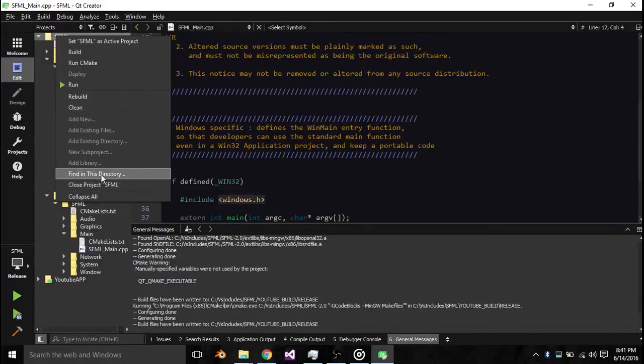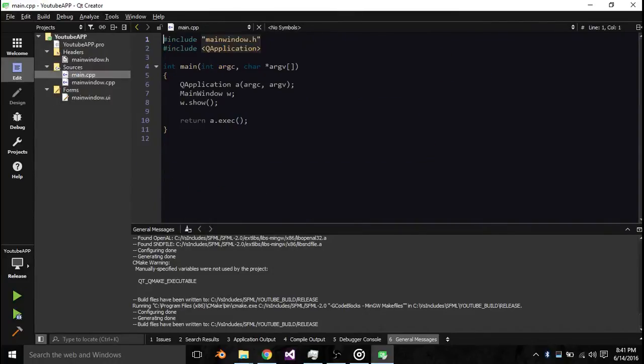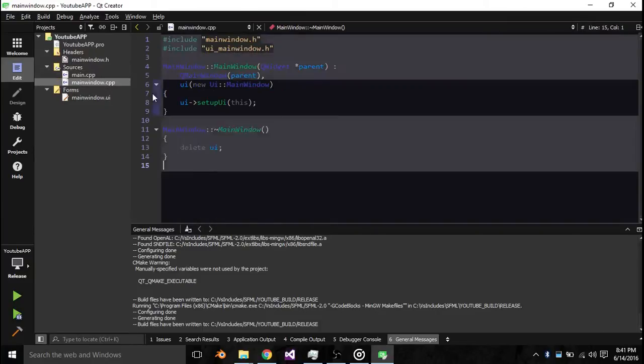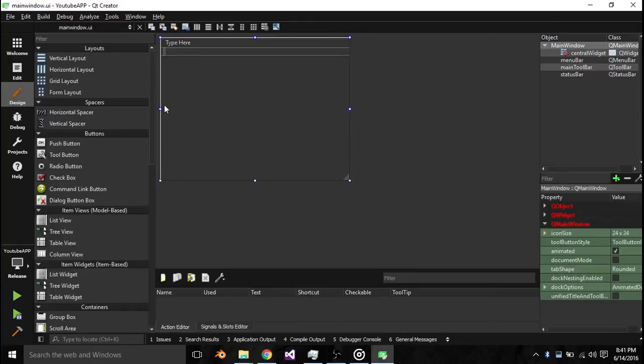Now you can just close this. You just go close project SFML and you're done. So you're going to find your file. Basically, here's your main CPP file where it runs your main application, your main window.cpp, where it will actually run the actual main window, your form designer here,